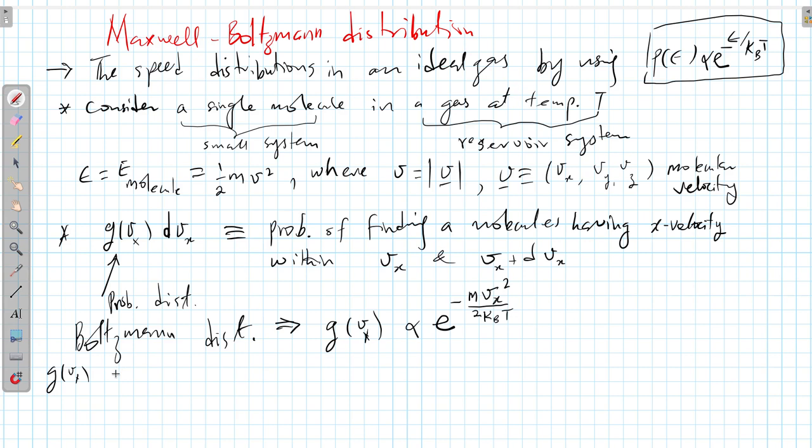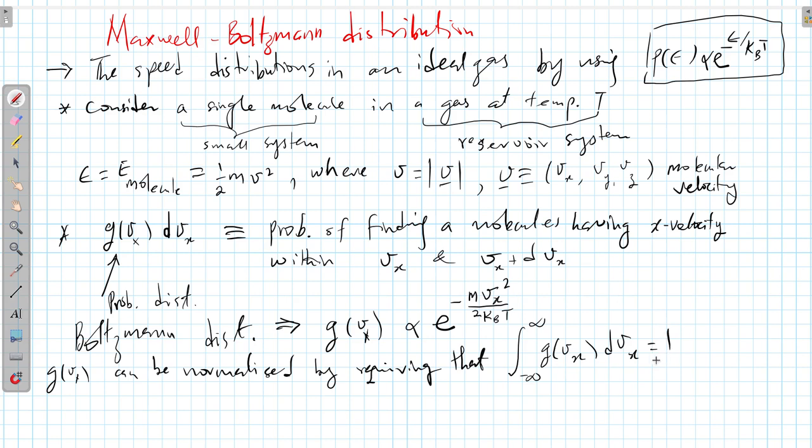G of v of x can be normalized. You can use the formulas by requiring that the sum of all these probabilities goes to 1. Okay. And that is, if I put what g of v of x is, I'm going to get